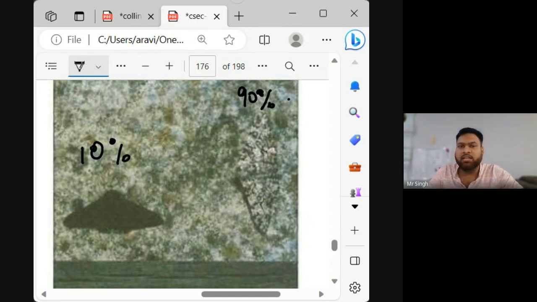In England, the Industrial Revolution happened. And when the industry started coming in, right, it produced a lot of soot. You all know what soot is? Soot is like smoke, black smoke. And that black smoke began to coat the trees around the area, right? So the black soot began to coat the trees.